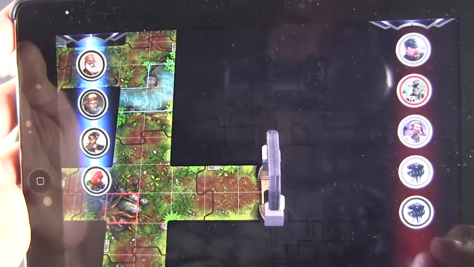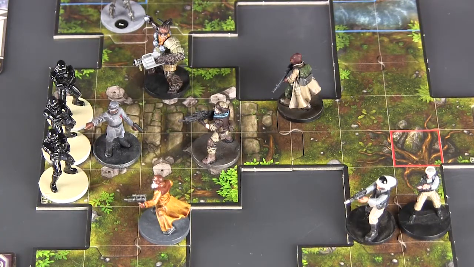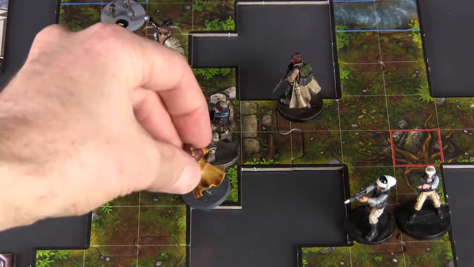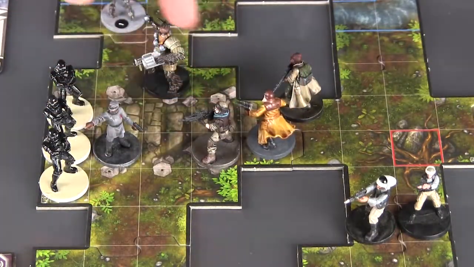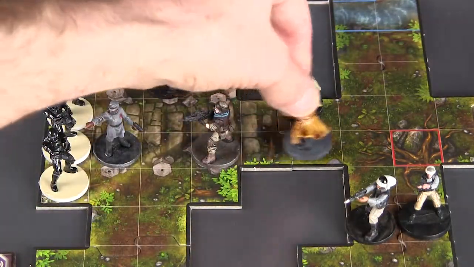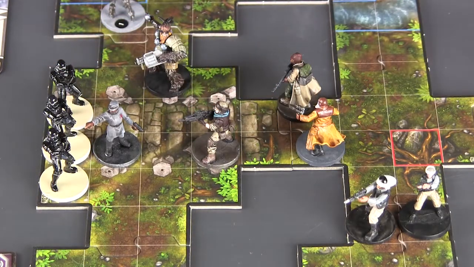Alright, round 2. So what I want to do is go ahead and get Gideon out of the way, seeing how he's already been hit by 5 and he's only got 5 hit points left. So I'm going to activate one of his moves. I got 4 move points because his speed is 4. So he's going to move 1, 2, 3. Okay, he's moved 3, and he's within 3 of